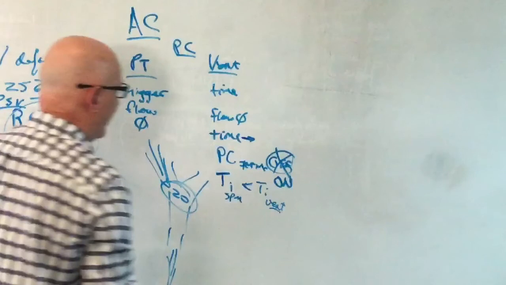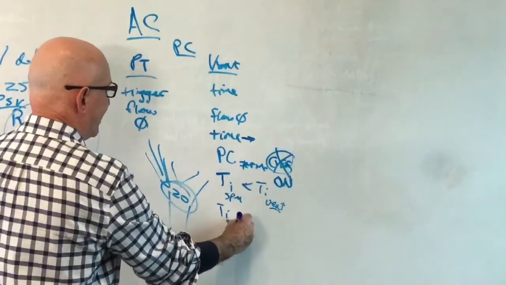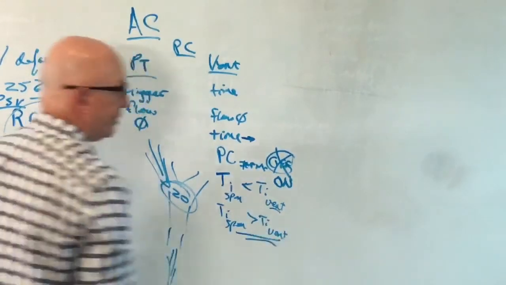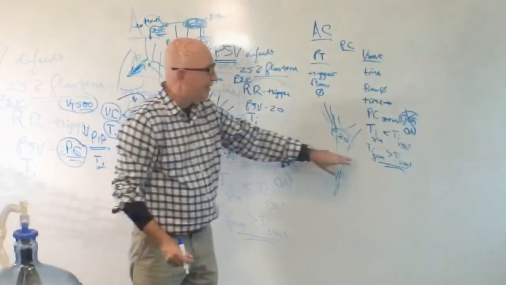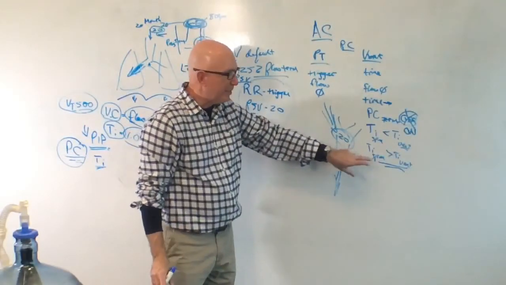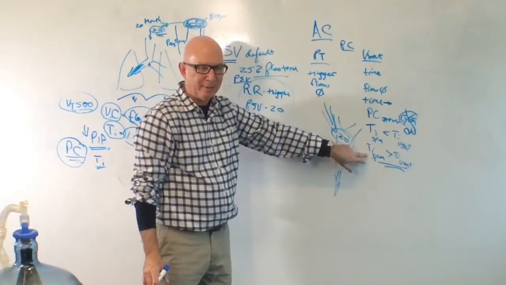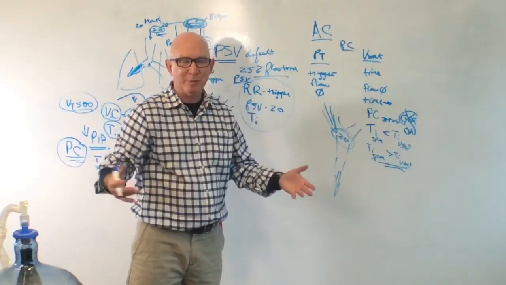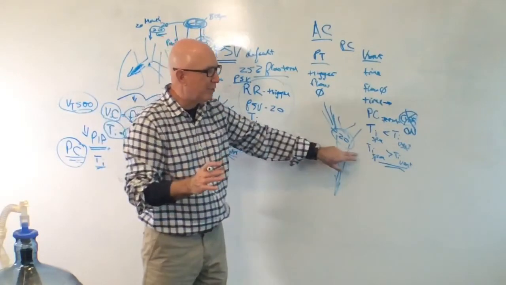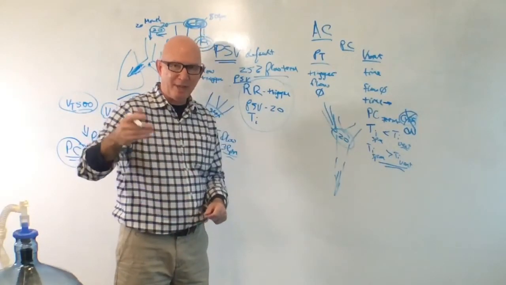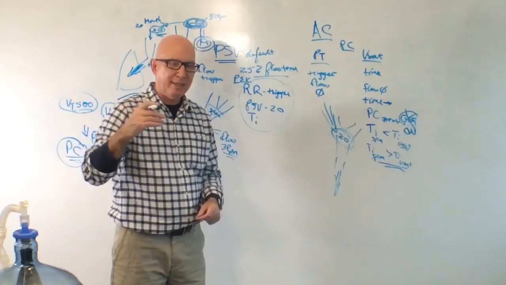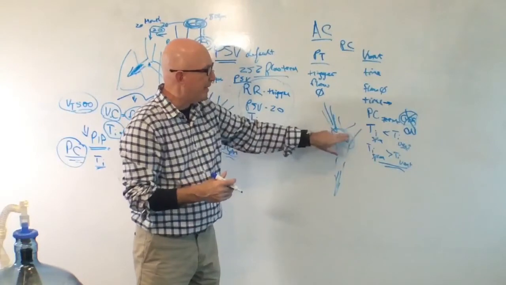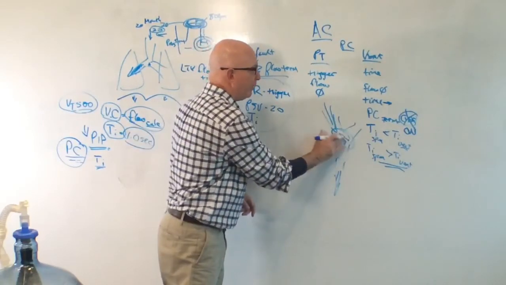The problem comes into play where the spontaneous I time is greater than the I time of the vent. And here the machine really can't do anything about that at all. And in fact, if you try this with yourself, the machine will do one of two things. It will ignore it completely, which means it gives the patient a breath, they're still inhaling, but there's no additional flow there, and inspiration is over. When I say there's no additional flow, there's still the 10 liters per minute of bias flow, plus the fact that if your PEEP is set at 5 and the patient's inhaling, then they're going to be taking some of that 5 pressure away from